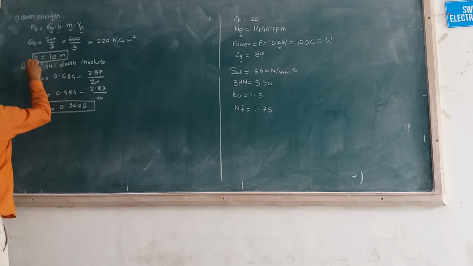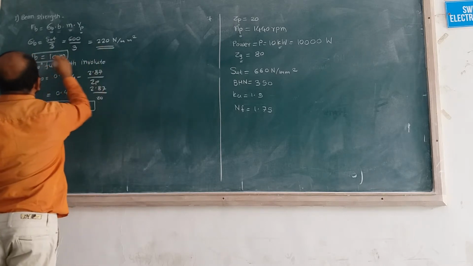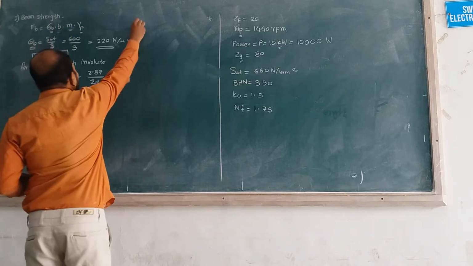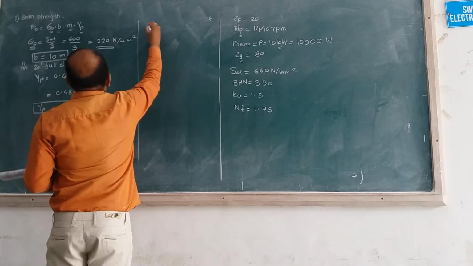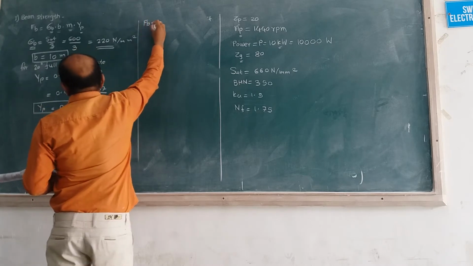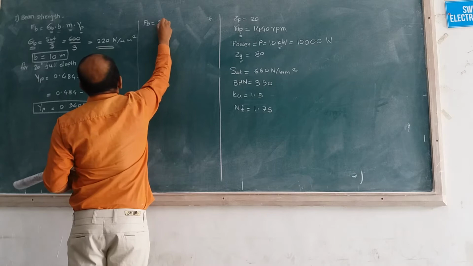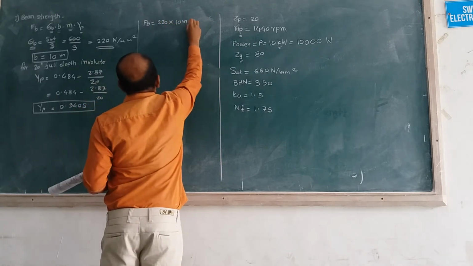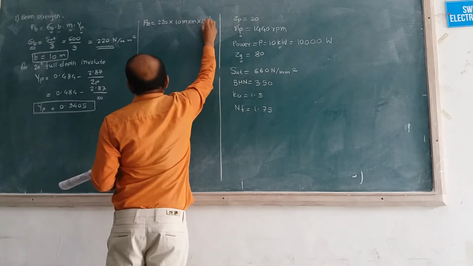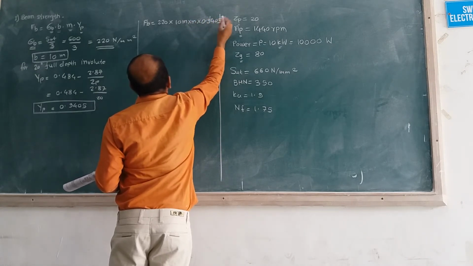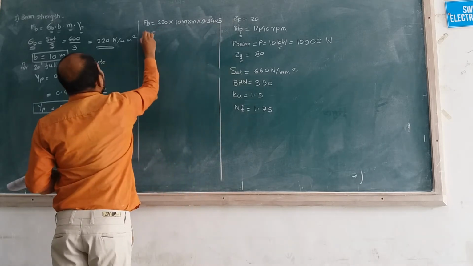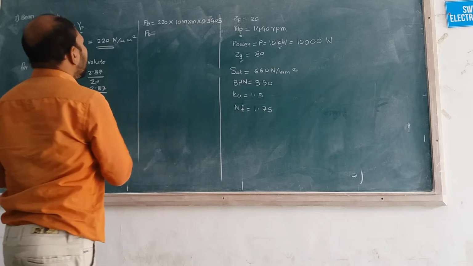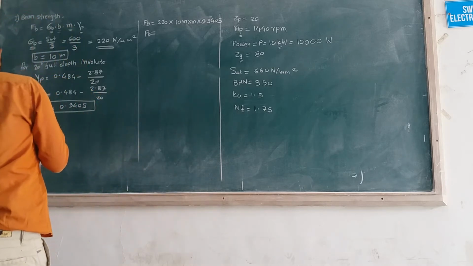Here we find out the b, and this is the value for sigma b. So sigma b and Yp values are given. Substituting all the values, Fb is equal to 220 into 10 times module into m into 0.3405. After calculating this value, if you solve this in the calculator,